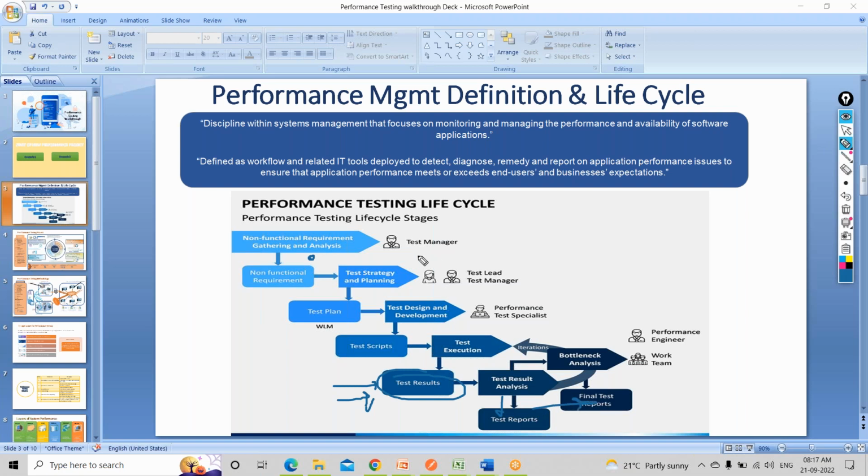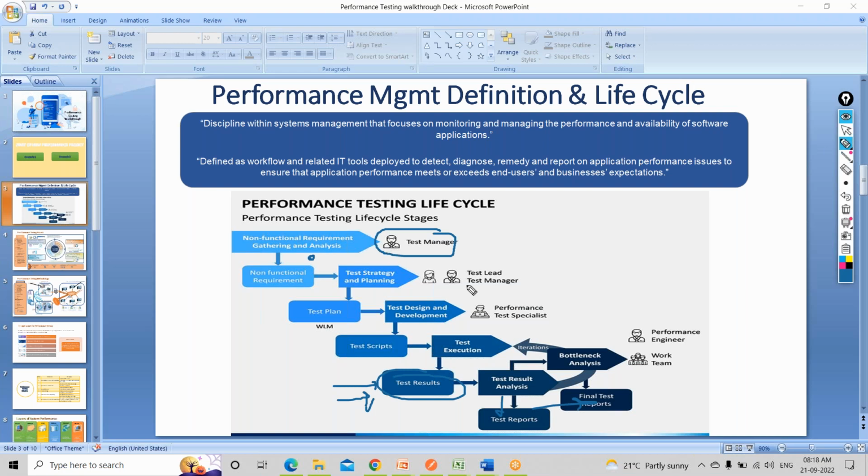Now if you see, there are certain things that I have written here: test manager, test lead, performance specialist, performance engineer, and teamwork. The reason it is written like that is because this stage is very crucial, because any misalignment happening here can cause a lot of trouble for the entire team. That's why the test manager comes into the picture, because he is aware of all those things. He's aware of the team capability, he's aware of the tools available for the team. So while doing the analysis, they can understand very quickly that this is something my team can do, this is something my team cannot deliver. That's why they are involved in this stage.